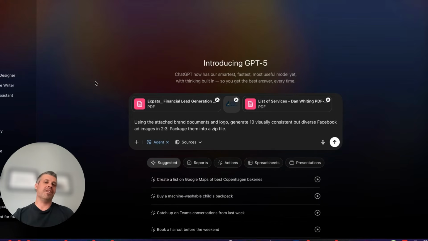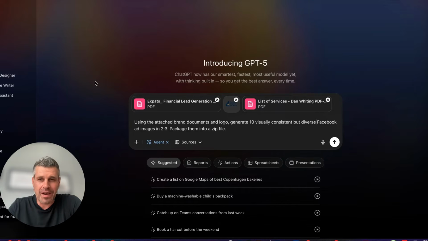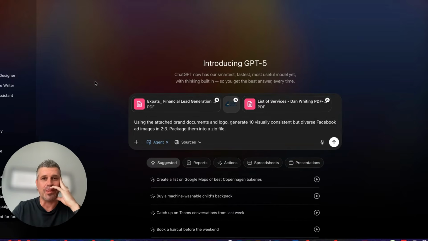Okay, for one final test, and this is a tough one. A couple of weeks ago, they released ChatGPT agent mode, and everybody got very excited about it. But to be honest, it sucked. It just made so many mistakes. It failed half the time. I didn't find very many use cases. I was kind of surprised that they released such a shitty product. Anyway,